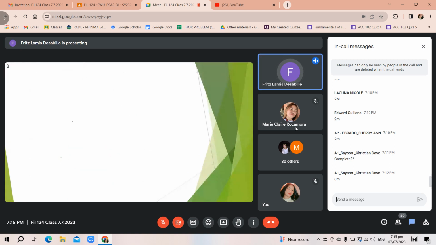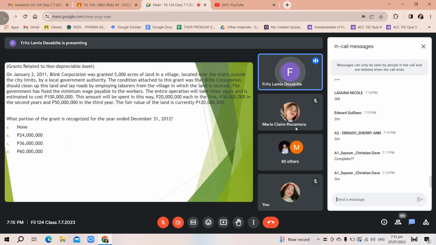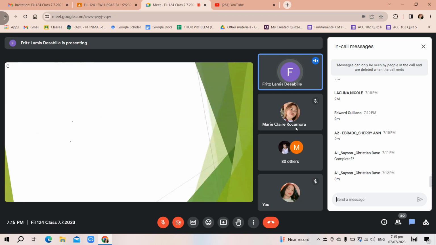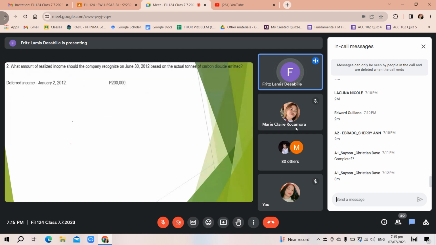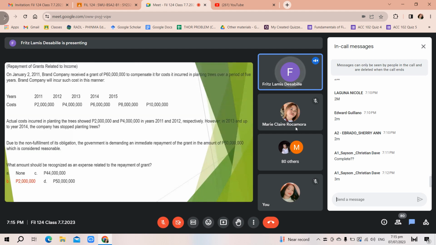So I'm going to be skipping some of the problems here. Balik lang na siya na depreciable asset, part of a package, blah blah blah, and I'm going to be skipping over to grants related to income, repayment. Now, atong tan-awon ang repayment na pod guys. Okay, similar siya sa atong first nga problem. 60 million, 2, 4, 6, 8, 10. So ang income nato in 2011,